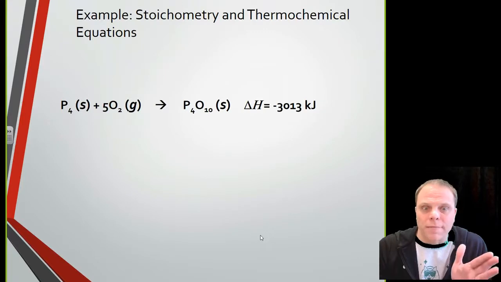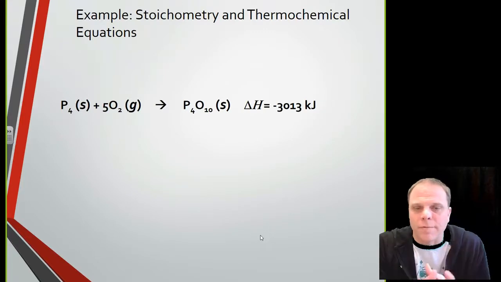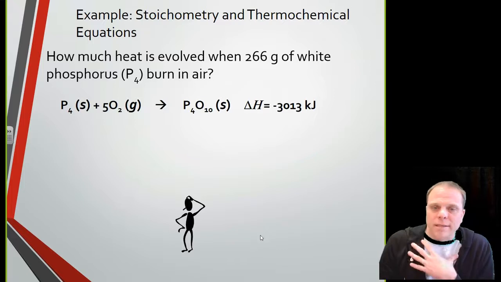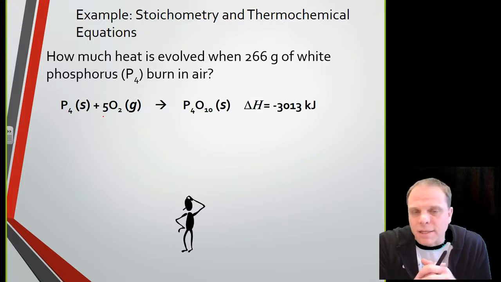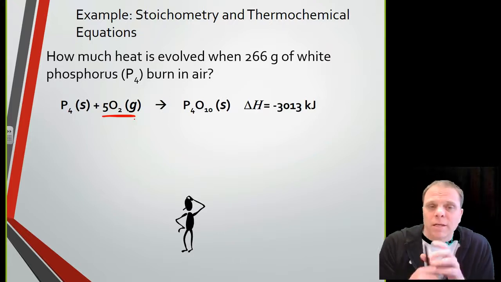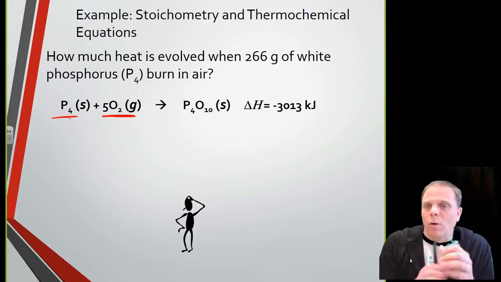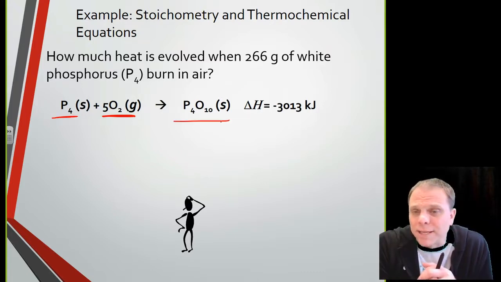All right, so let's look at this. I've got some white phosphorus. So this is elemental white phosphorus, P4. It's a solid, and I've got 266 grams of this stuff. I'm burning it in air, and so the air part that it's reacting with is the oxygen. It's going to take 5 moles of oxygen to react with 1 mole of the white phosphorus to give me 1 mole of tetraphosphorus decoxide. That process gives me negative